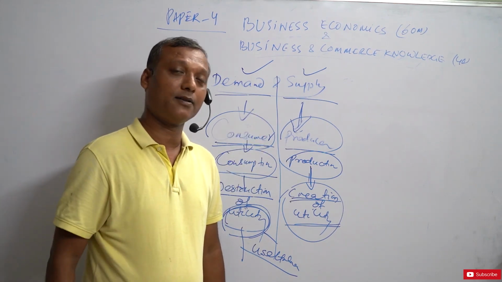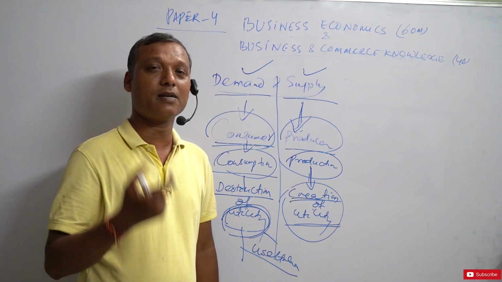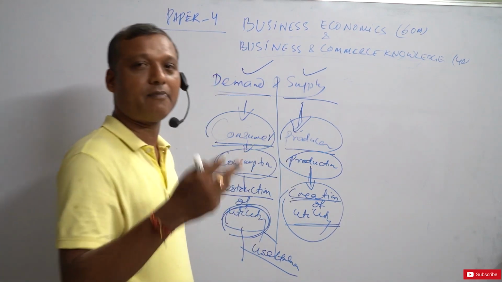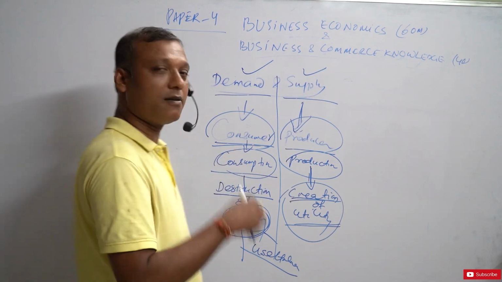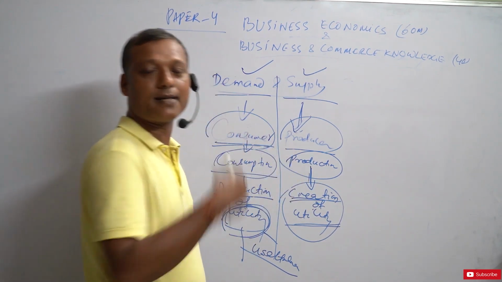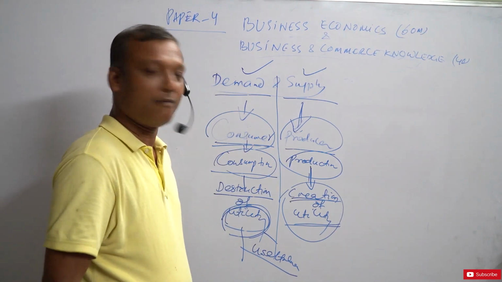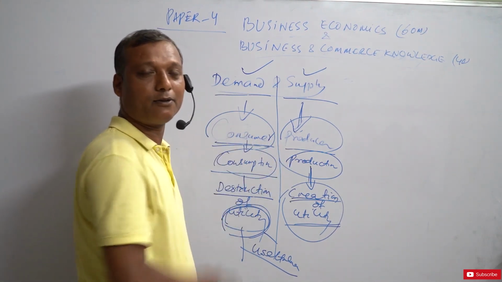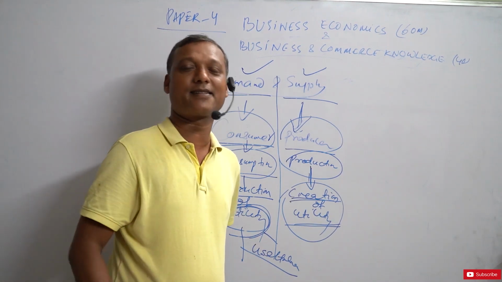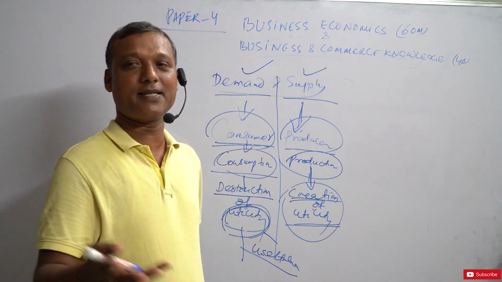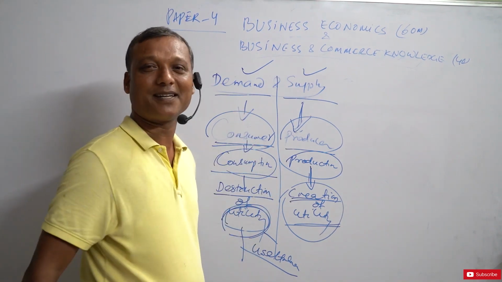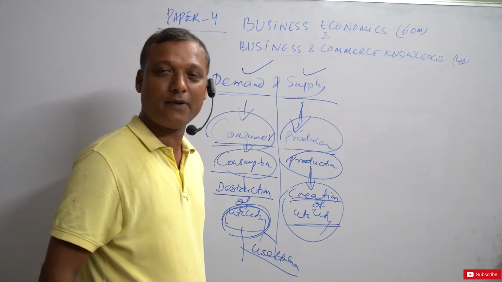To be a producer, you need some definite qualities, some good qualities. A producer must have innovation quality. A producer must have risk-taking quality. A producer must have dynamic talents. But a consumer doesn't have such qualities. Are we taking risk as consumers? We are not taking risk. How can we take risk? We are simply sitting and eating at home. So that is why we are not producers. Are we doing any innovation? No.